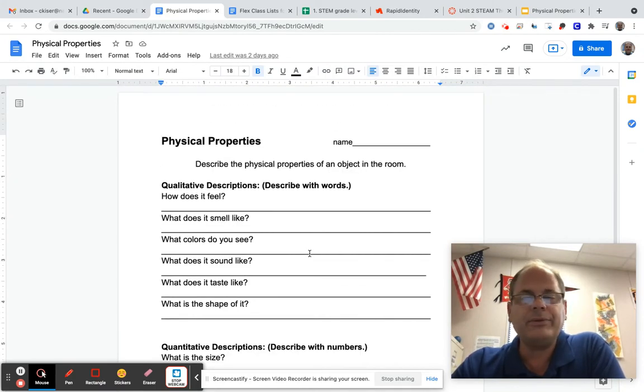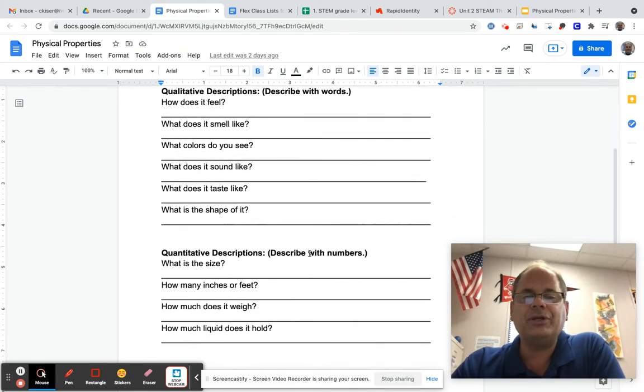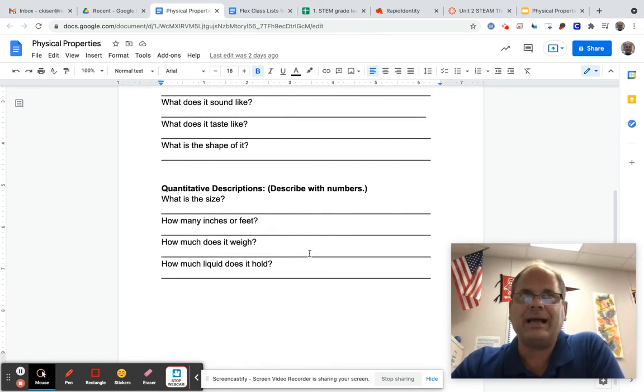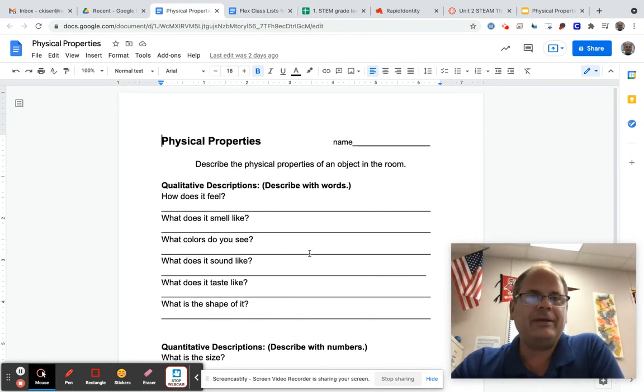Now, don't tell me what the object is, but put the description so that I know what you're talking about. I can guess what you're talking about. All right. Then we're going to do this twice. Ask someone to see if they can read your descriptions and know what you're talking about. And then we're going to do that again, on the front and back of the paper. All right, that's what we're doing today.